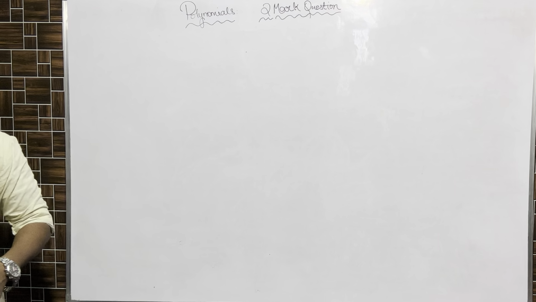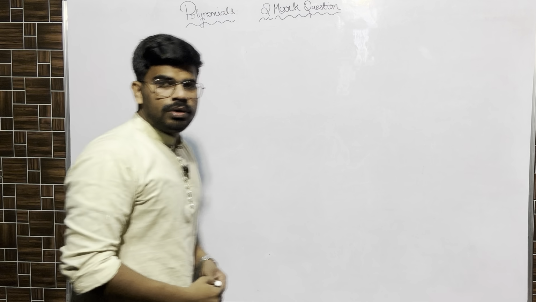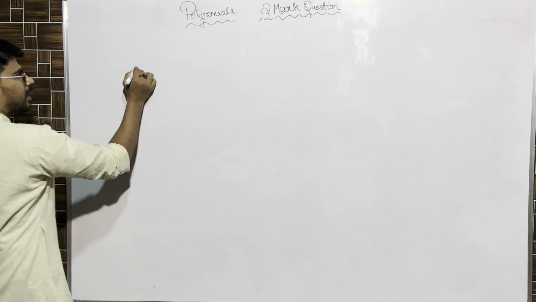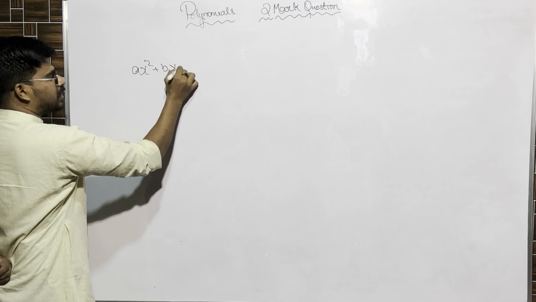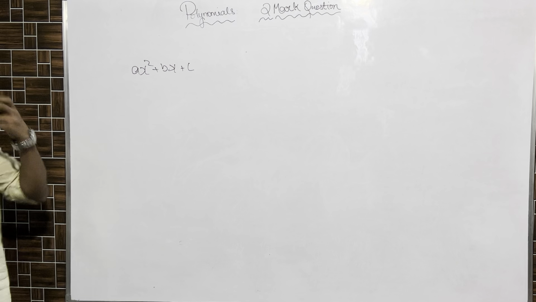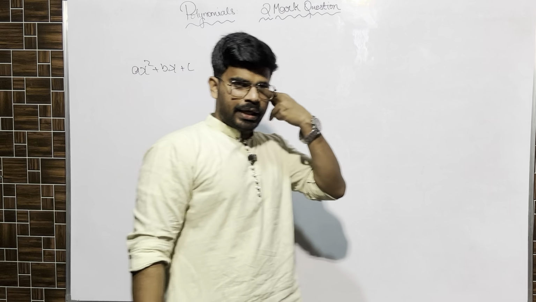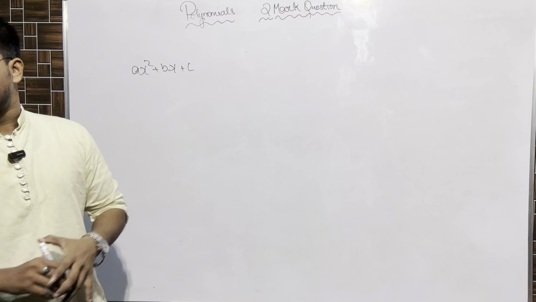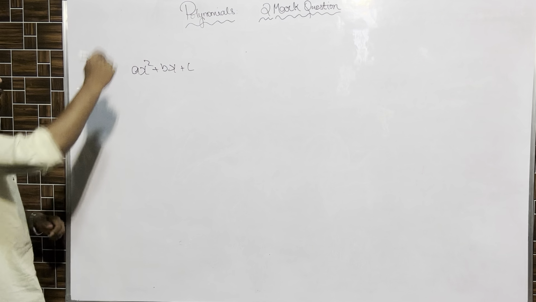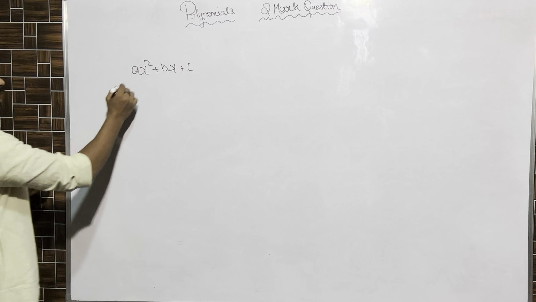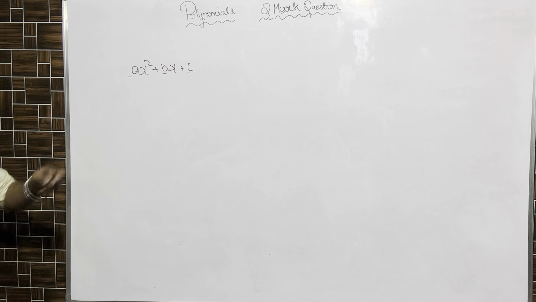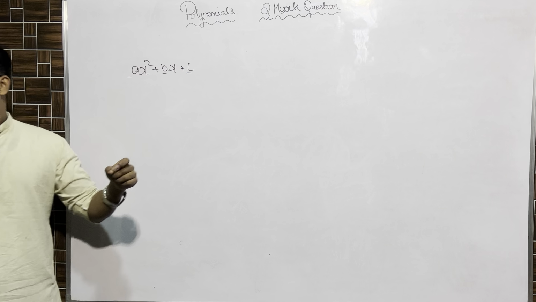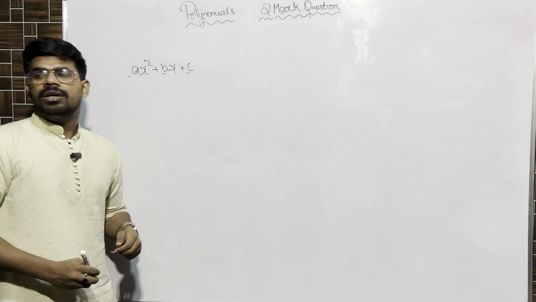First question. In the first question in polynomials we have to discuss the coefficient, degree and constant term. A polynomial is nothing but an expression like this: ax square plus bx plus c. If I put it equal to 0, it will become an equation, quadratic or cubic. In an expression there is no equal to sign. Here a, b, c are normal numbers. A is the coefficient of x square, b is the coefficient of x, and c is the constant term.